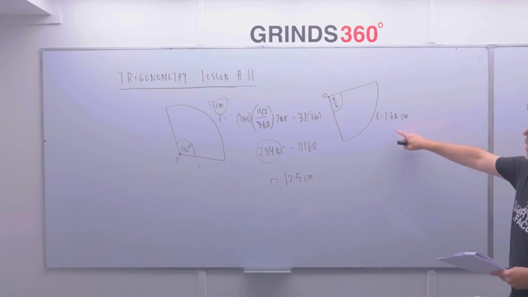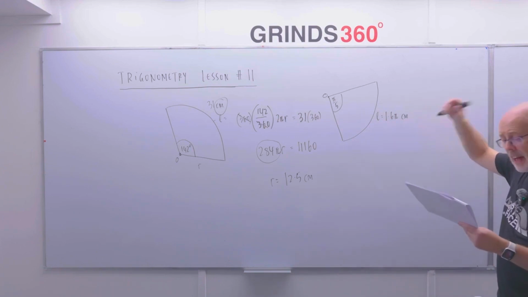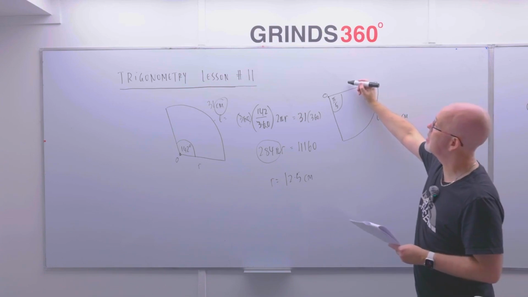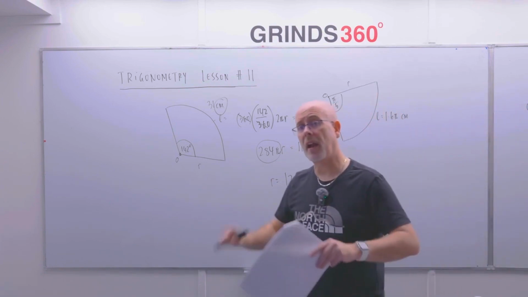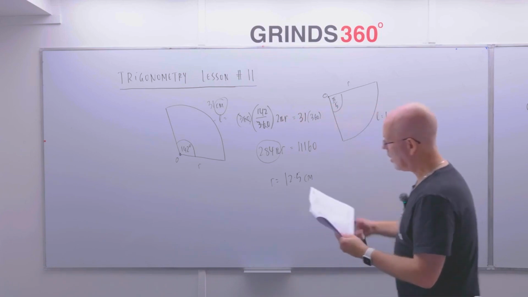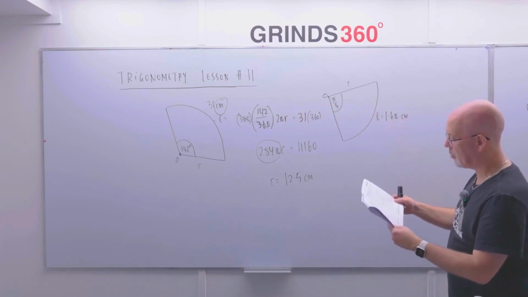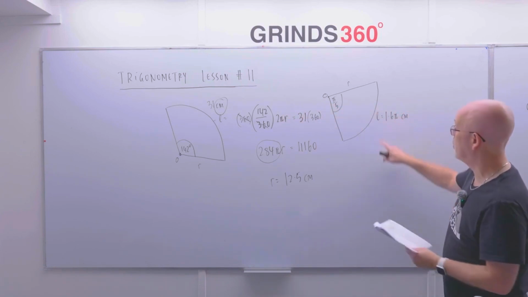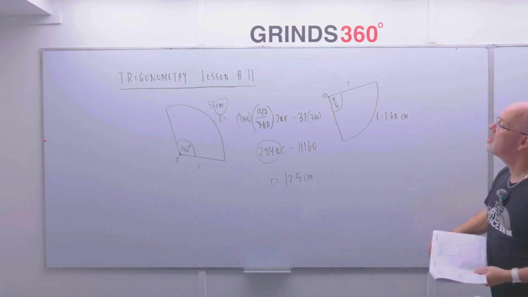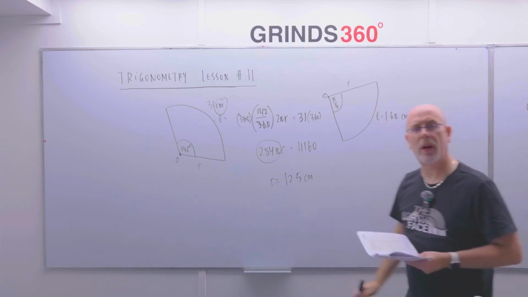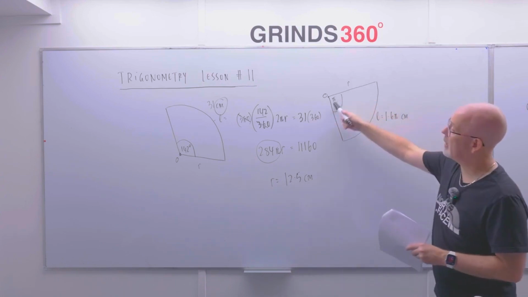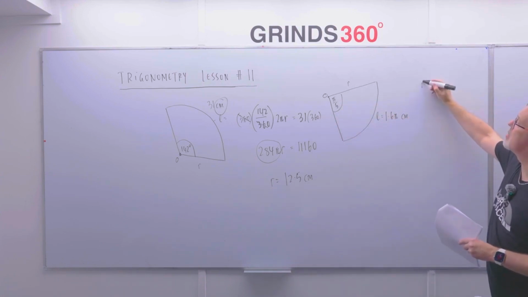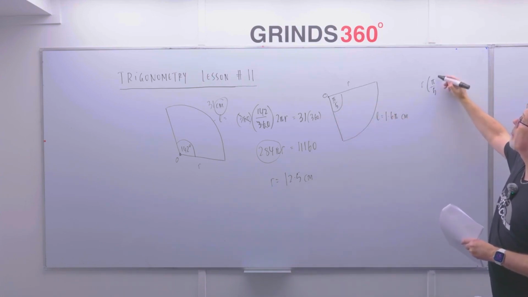Okay, so the same with this one here. I'm asked to find the value of r here, so I'm asked to find the radius. I know the angle is pi over 5. Remember, that's a radian measure because there's no degree symbol in there. And we know the length of the arc is 1.6 pi centimeters. So again, I'll use the version of the formula where the angle's in radians, so it's just r theta. So multiplying r by the angle will give me the length here, so just r times pi over 5 will